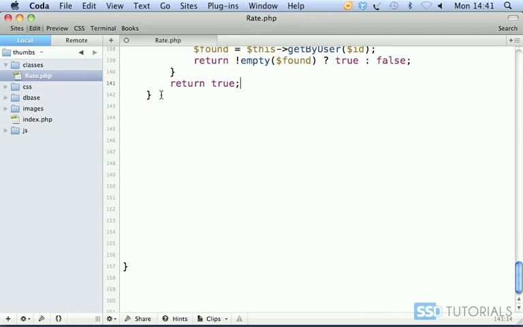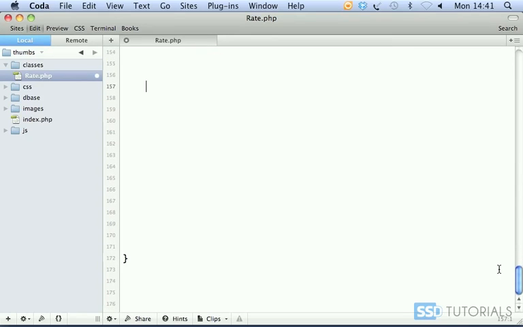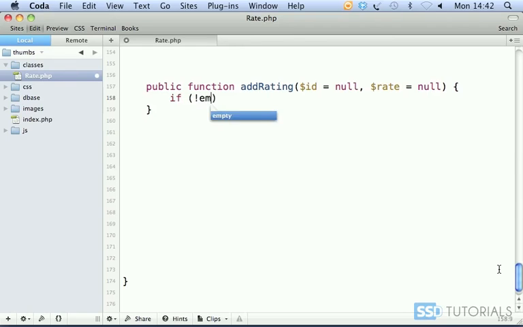The next one we're going to create is called addRating. So this is actually where we add in the rating to the database. So public function addRating, and we're passing ID by default null and rate by default null as well as two parameters of this method. Now, if is an empty ID and is an empty this underscore user, we cannot check whether the rate